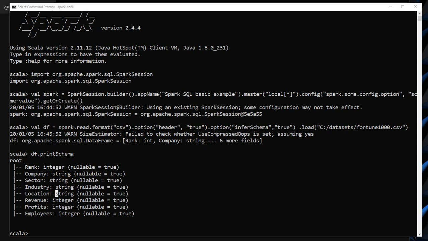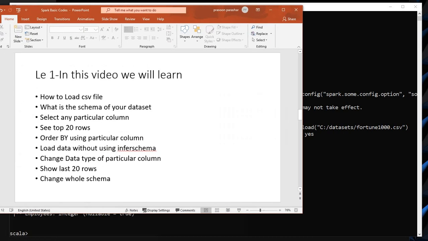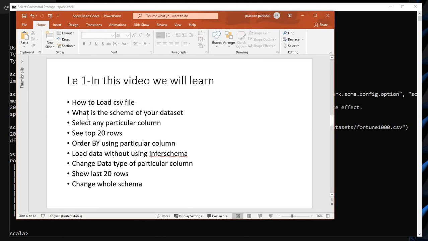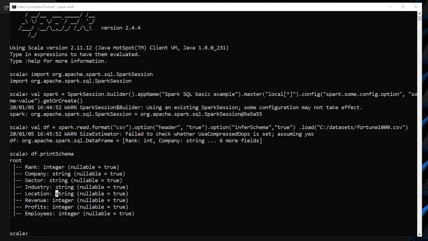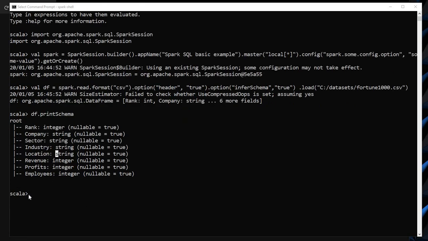Now we have loaded the CSV file, and we know what the schema of my dataset is. Now I have to select a particular column. How will one select a particular column? For this, you need to write a small bit of code: df.select, then you give the column name. Suppose I want to see the name of the company. This is the company, and dot